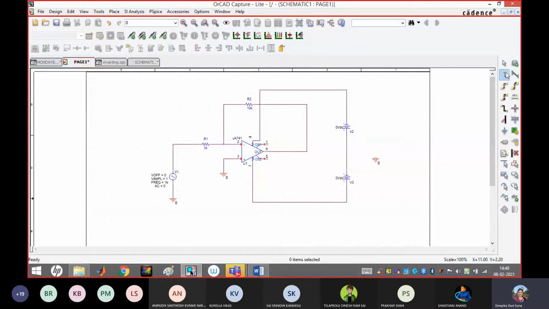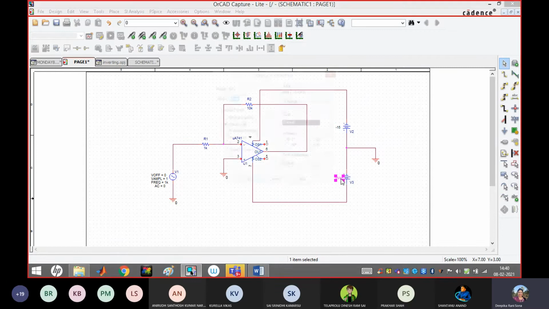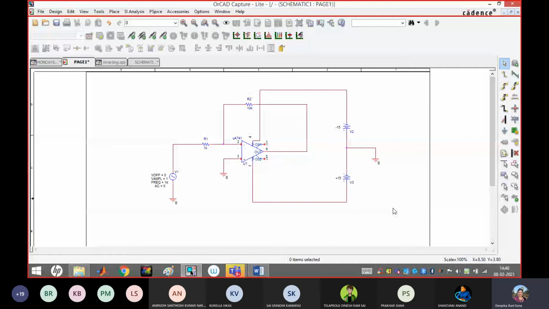Then, because this is plus minus 15 volt, right? So here you have to use minus 15, and here you have to use plus 15. That's all. Guys, do up to this.